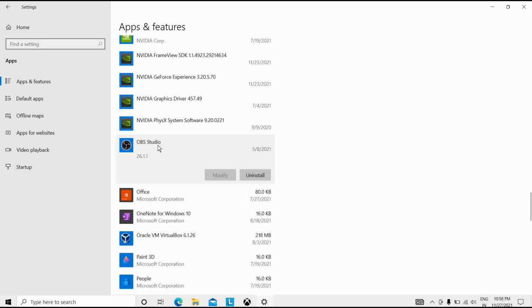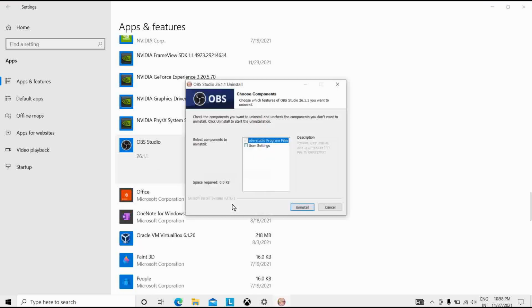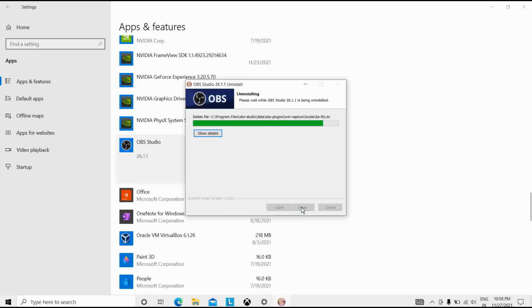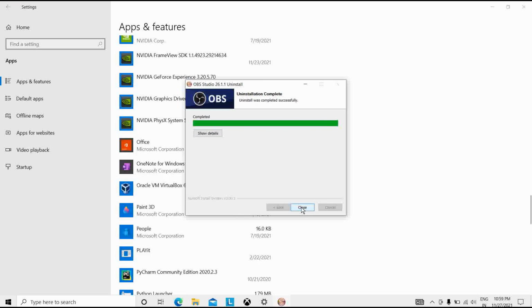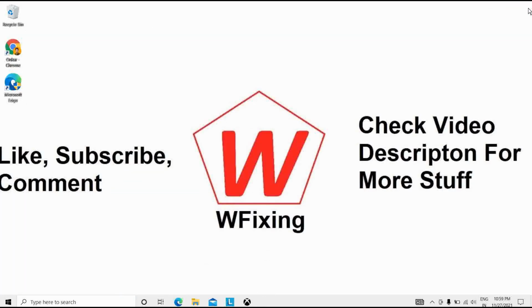For that you have to uninstall that app. So I don't want this app. This app is causing that problem of green screen. Then I will simply uninstall this. Uninstall. Okay, so this is our third solution. So we can see here the solutions step by step.